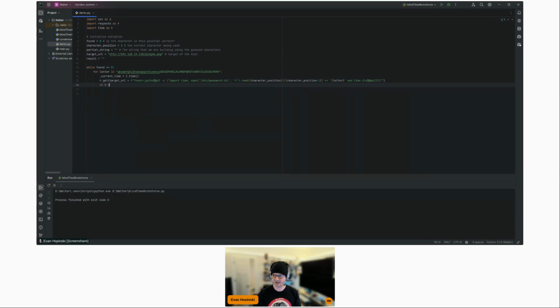So we're going to say if t.time minus, what do we say, current time is greater than or equal to 2, right? So we said when it's positive, sleep for 2 seconds, right? So if the letter is in fact the letter that we want it to be, go ahead and sleep for 2 seconds. If it's greater than 2, or greater than or equal to, sorry,